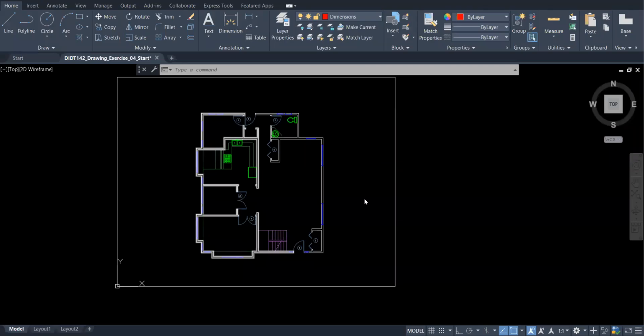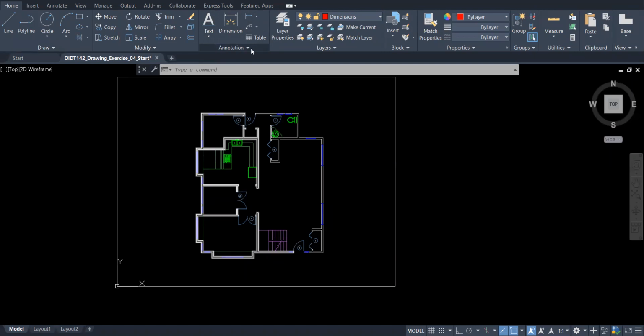Okay, so in this tutorial, we're going to be talking about how to create text in our document and how to create dimensions. Now, text are actually a type of object that you will need to access through this box here, which is called the annotation box, which is in that area. Before setting or before trying to create any of those, we actually need to create a style, meaning